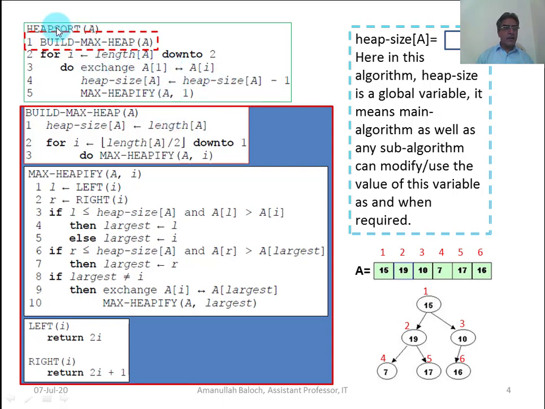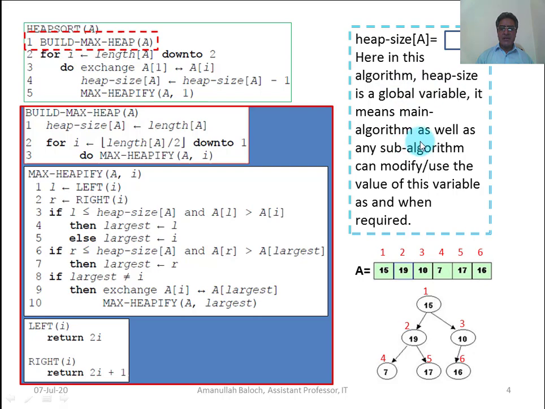In the heap sort we use heap size, and heap size is a memory location, heap size of A. This is a variable, and in this algorithm, heap size is a global variable.